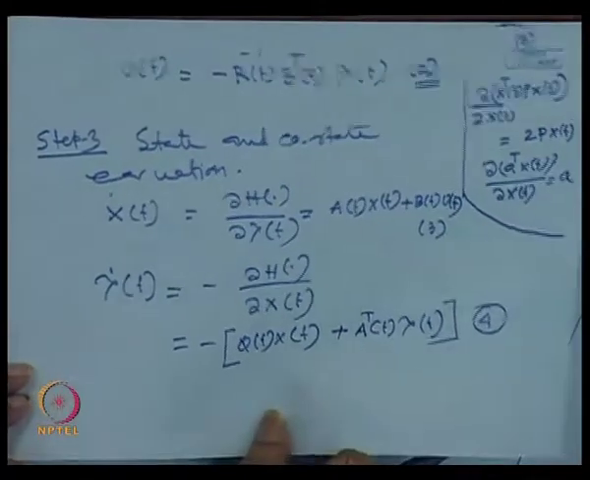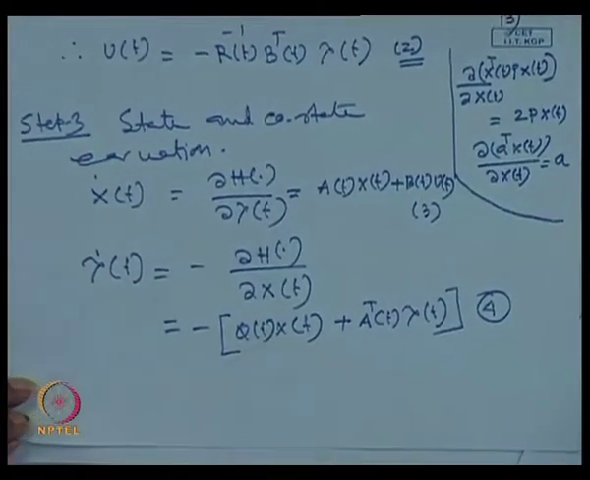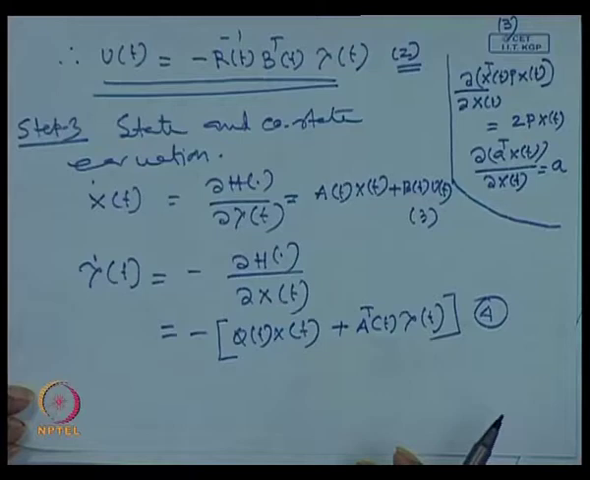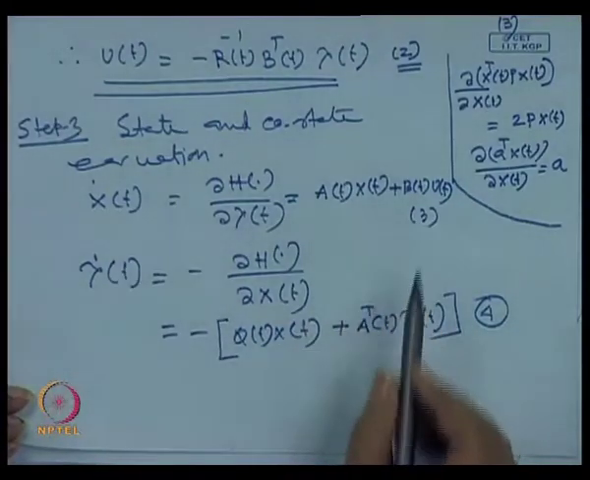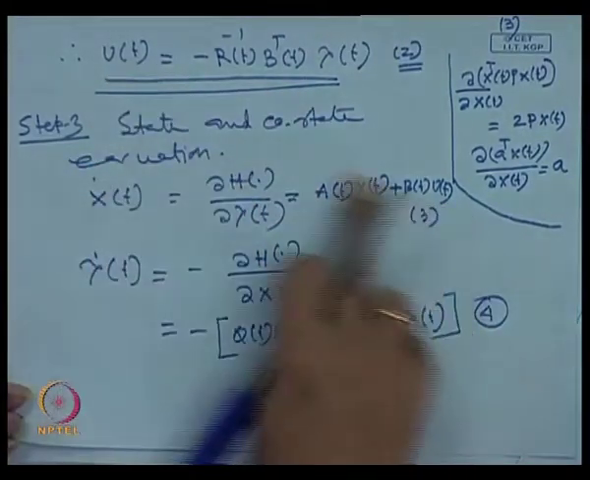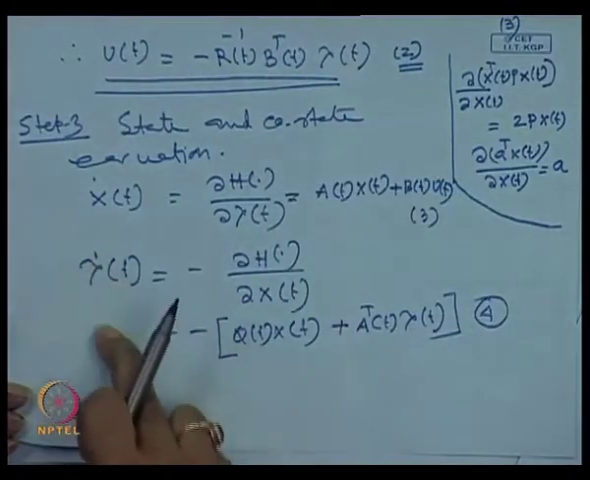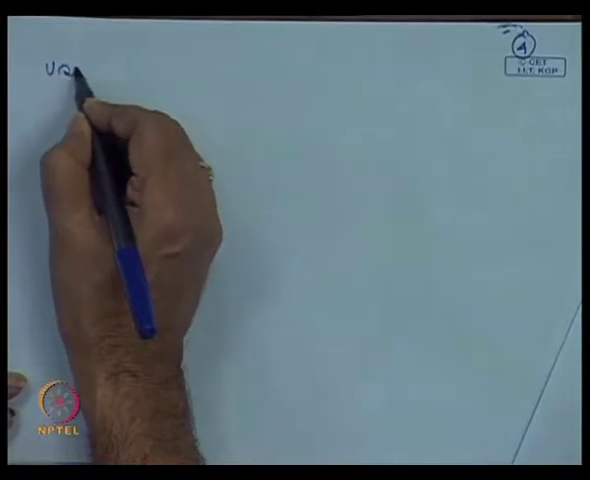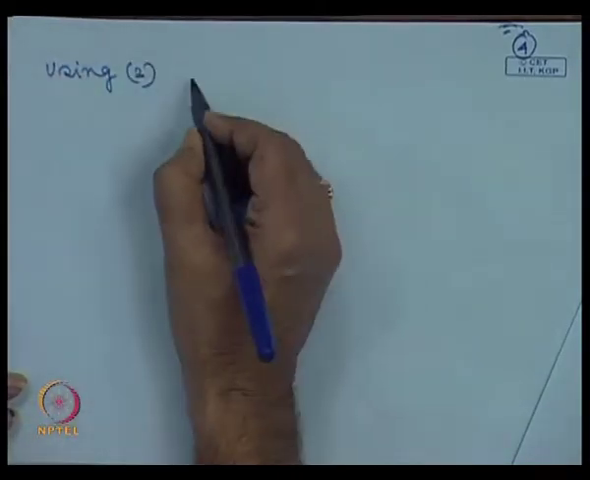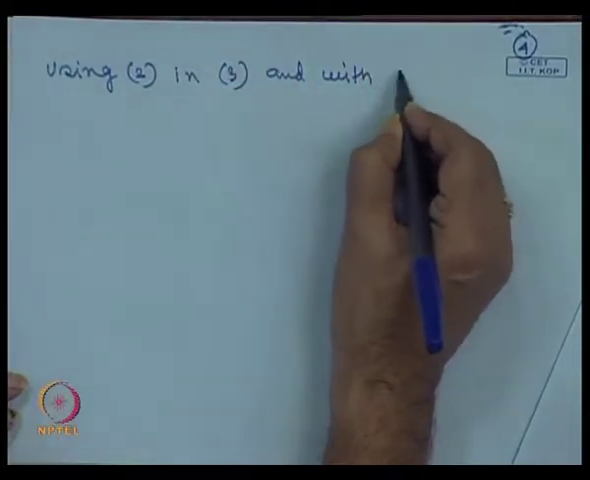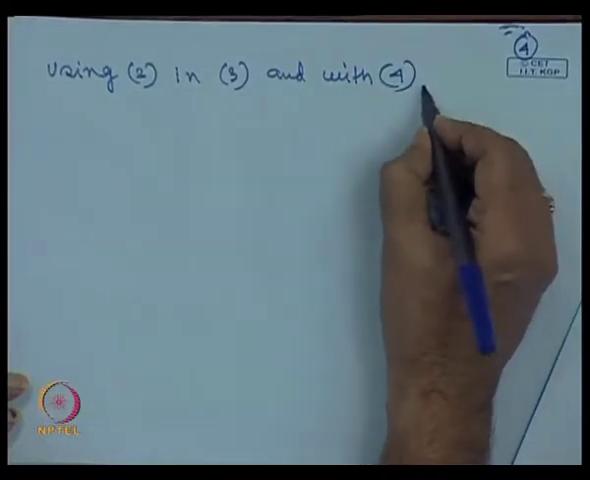Again, using equation number 2, this expression you use in equation number 3 and with 4. That means using equation number 2, replace u of t by this expression, and then augment that equation with the co-state equation, and that will result in this one. So I am writing, using 2 in equation 3 and with 4, we have